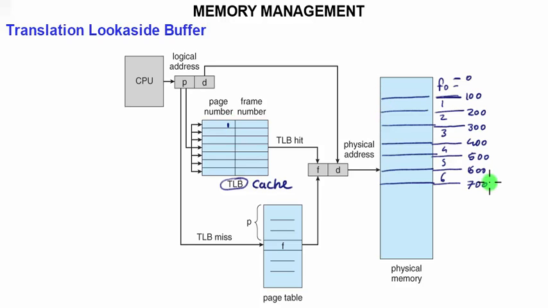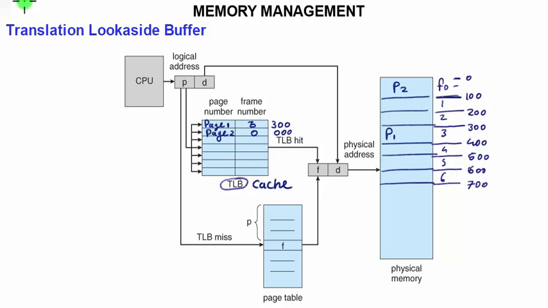We have a series of page numbers and frame numbers available. We start with page 1, which is, let's say, stored in frame 3. So technically we know the address is going to be 300. Similarly, the next access was page 2, let's say, which was stored in frame 0, starting from 000, and so on.